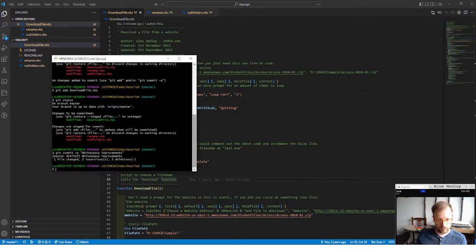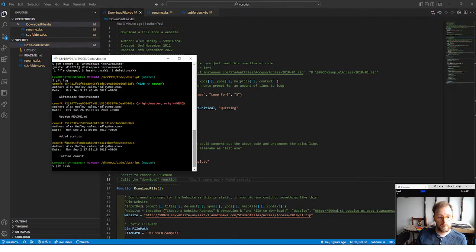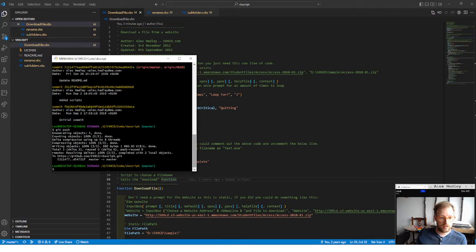And I always get this wrong. I normally do git history for some reason, but as you can see, we have a commit message with white space improvements there. So now we have this locally. It's staged in our git log, and it's ready to be pushed up to GitHub. So next you just do git push, and it'll run through the commands, compressing some files, and it's now said that it's pushed that commit from local